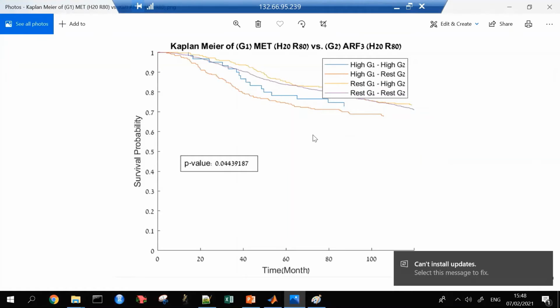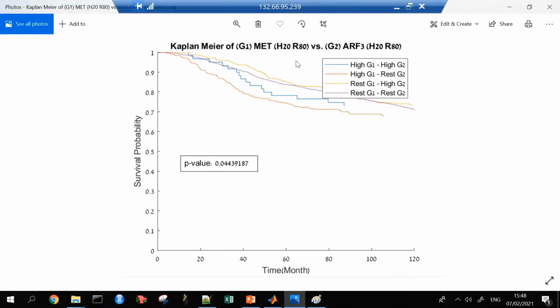Okay, so you have here high, which basically means patients with high MET expression and high ARF expression. High in MET and the rest in ARF. The rest in MET and high in ARF. Rest in MET and rest in ARF3. We have four groups, and we want to see